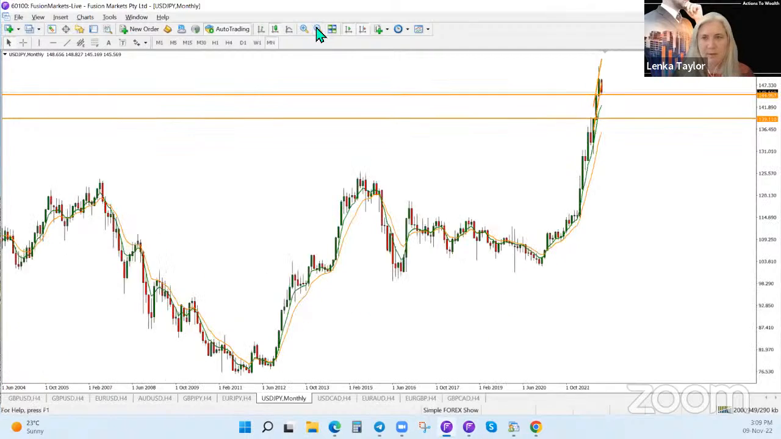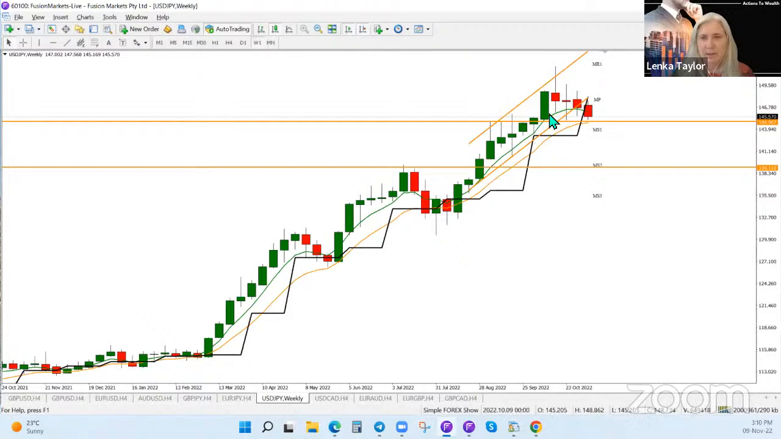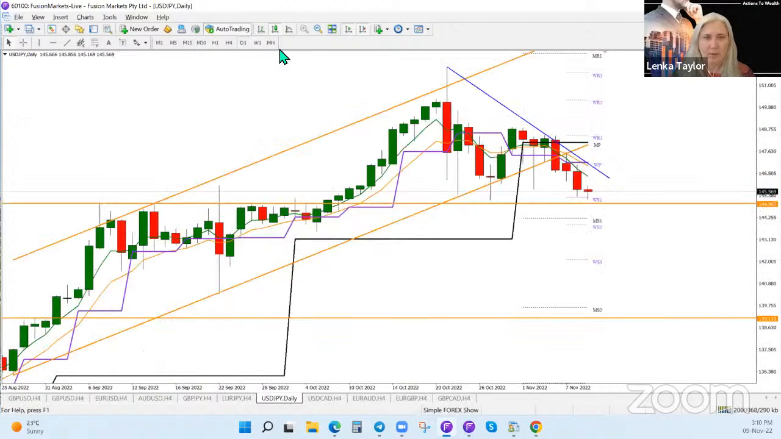How it looks on the monthly. Monthly, we have a close just above that previous high level and an indecision. So really it could go either way on the monthly. On the weekly, we have just a price going sideways. So pretty much ranging. On the daily, it is again ranging, so going sideways, but has closed outside of that